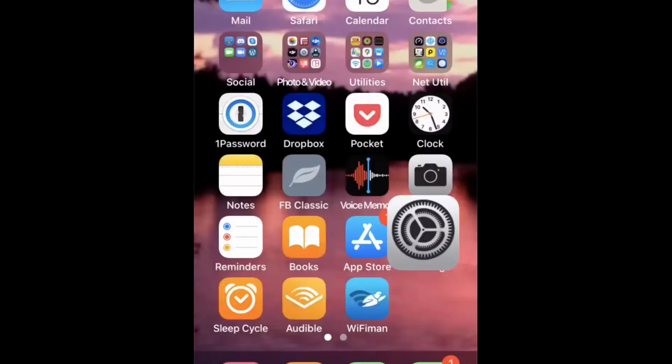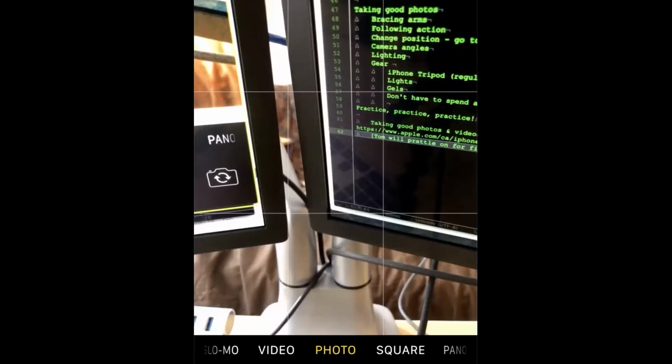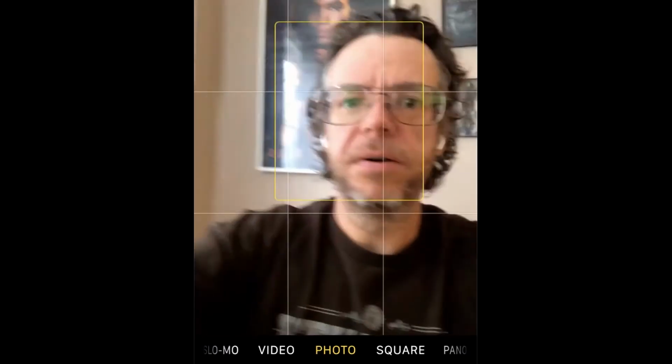All right, back to our, where were we? So we went through the camera. Yeah, so you did the filters and then you did the timer. Right, and then the last one is in the bottom right-hand corner, we have this little button, it's camera reverse. And what that does is it will turn on the camera that looks at me now. And again, you can kind of see in this case, we've got that grid on my face. I'm framed a little weird, but it does work, I guess. But you can also adjust it so that it's a bit better.